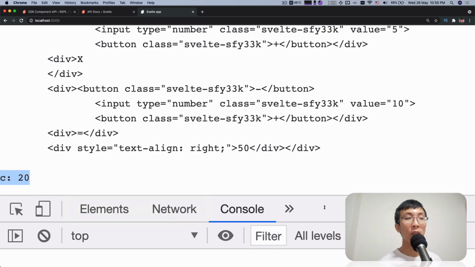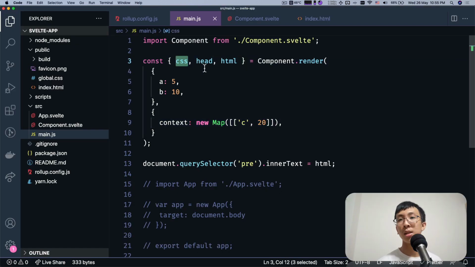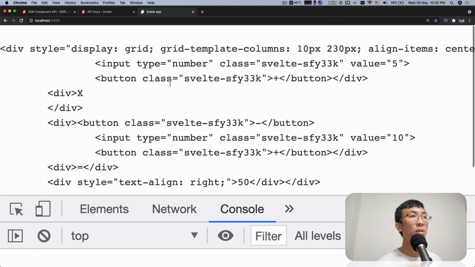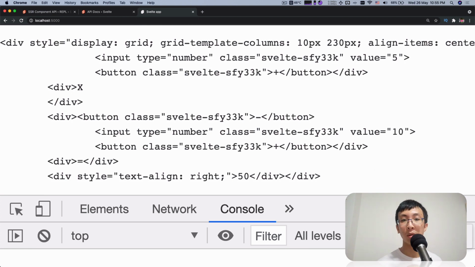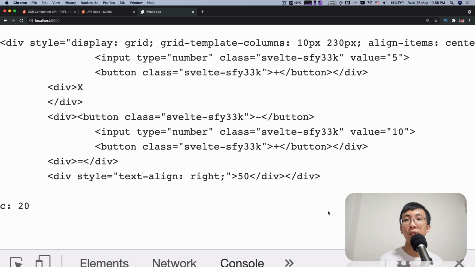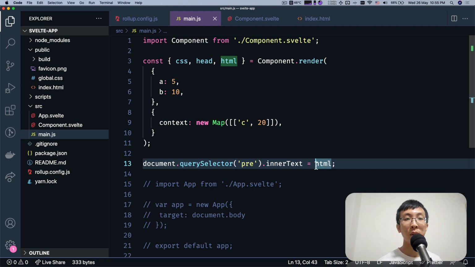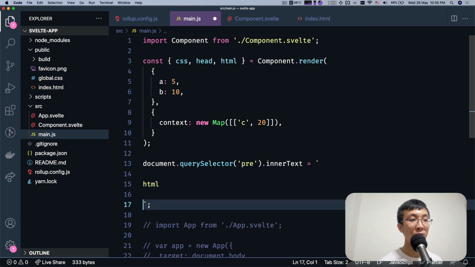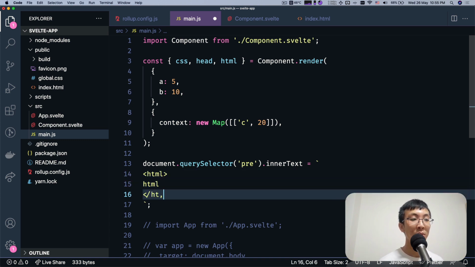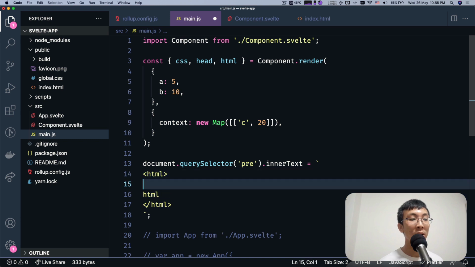So the extent of the server side component API is just returning a function that returns an HTML string. Of course, we said earlier on, there's also CSS and there's also head. So if you come over here, you take a look at this HTML. This is not a very complete HTML, right? What you want to send to the client is probably a full HTML document, right? Nicely formatted. So here, let me try to do that. Let's create a template string. So here I have HTML, as how you imagine an HTML,